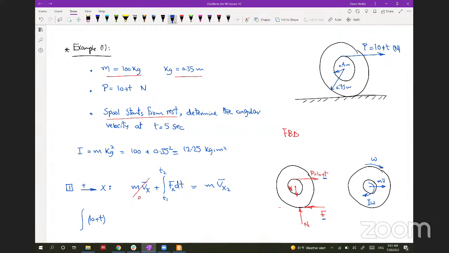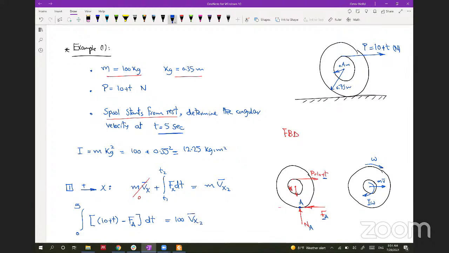And actually we can put all of them together. Let's put number 1: 10 plus T is positive, and we will have negative F friction. Let's call this point A, so we will have FA and NA. All of these will be integrated with respect to t, from rest at time 0 up to 5 seconds. And this should be equal to the mass, which is 100 kilograms, multiplied by